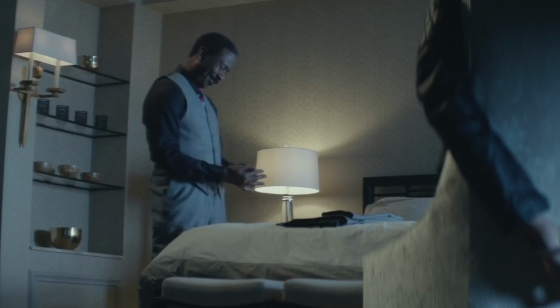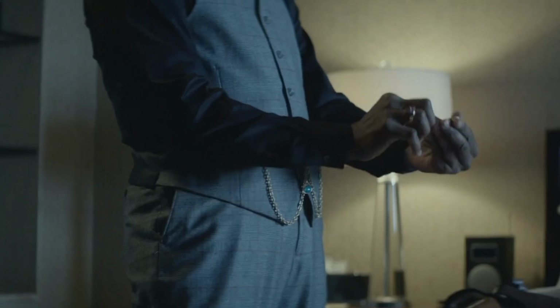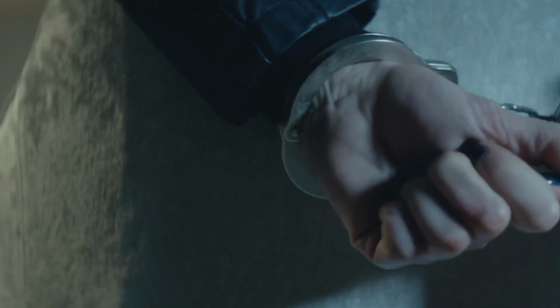So let me introduce you to Harry, another character in the world of John Wick, and another chance for us to look at a dark shirt with a suit. Harry is wearing a mid-grey suit with a black shirt and a classic stripy tie. I think Harry here looks better than Vigo in the last scene with the black shirt,